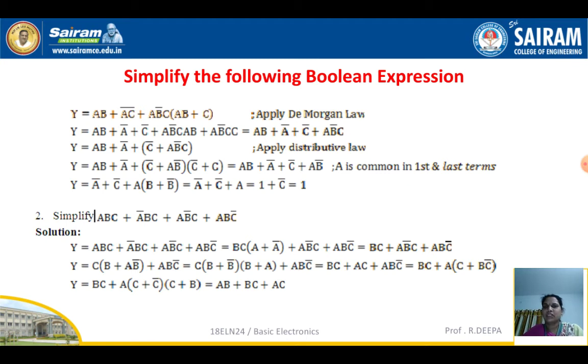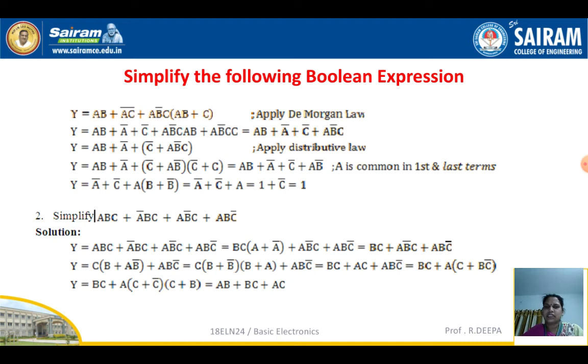So in the next step it is ab plus a bar as it is plus ac bar as it is plus, and using the law, a into a you can write as a, and b into b bar as 0. So that complete term will become 0, and plus the remaining, it is plus a b bar into c. Why? Because c into c is c only. And in the third step, y is equal to ab plus a bar plus c bar plus a b bar c.